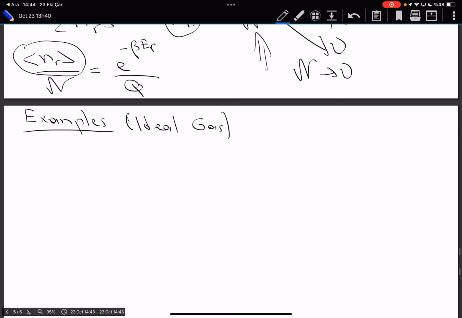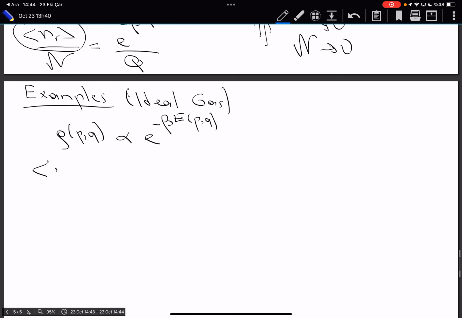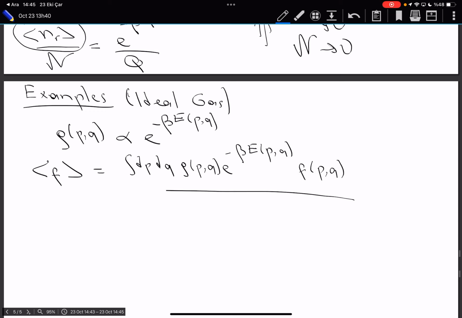Now, all of our discussions about the microcanonical up to here were basically if you apply it to a classical system. Remember, we were discussing the density of the copies in the phase space, and this density is basically proportional to e to the power minus beta E. And so if you want to calculate the average of any quantity, remember, it's just the integral dp dq rho of p, q times f as a function of p, q divided by